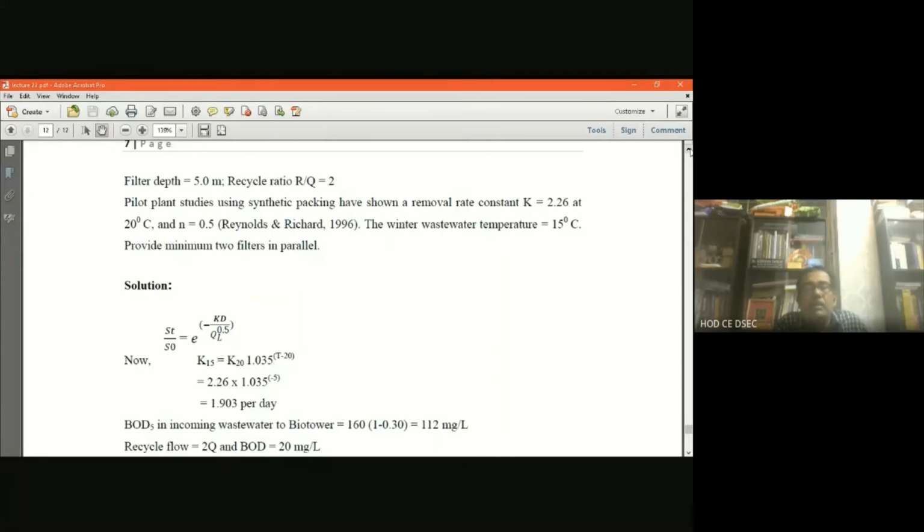Because the winter wastewater temperature is given as 15 degree centigrade, it will be 1.903, because if temperature is less, the K value will be less. So at 15 degree temperature, the K value you have to find out first, because this K will be required to calculate the loading rate from this kinetic equation valid for the